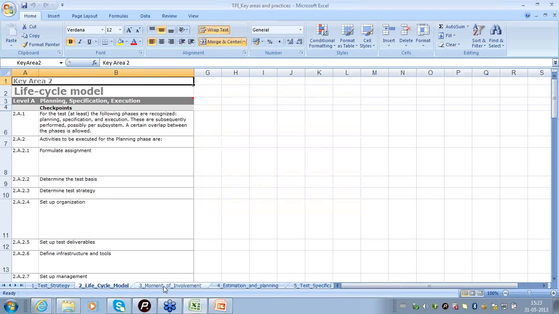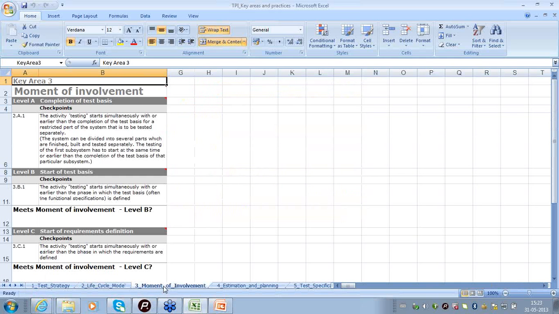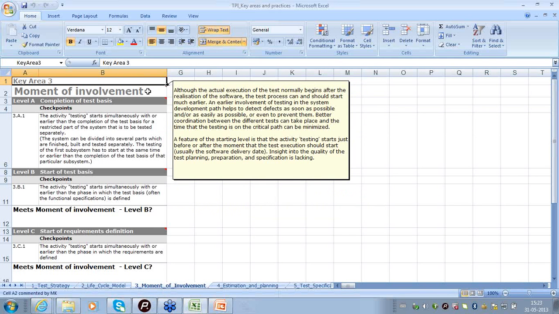Now I'm going to the next key area, which is moment of involvement. Moment of involvement essentially says that the test team has to get involved in the software development lifecycle as early as possible. The intention of getting involved early is that testing activities can be well estimated, well planned, and well prepared.